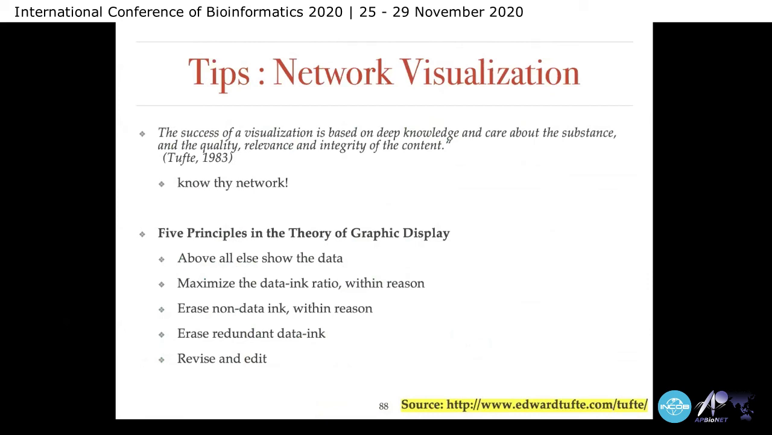And the 5 principles in the theory of graphic display are: above all else, show the data, not the design. Maximize the data ink ratio. Don't leave big white spaces, this means, okay? Second, erase the non-data ink. Sometimes students have a tendency to put too many annotations. Just get rid of any ink that is non-data,